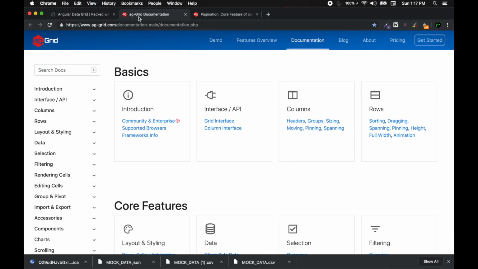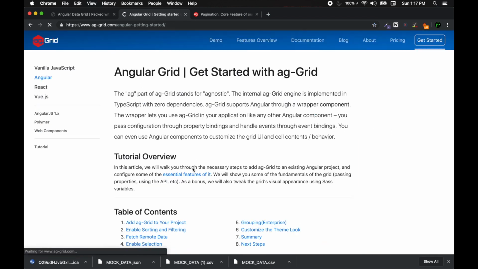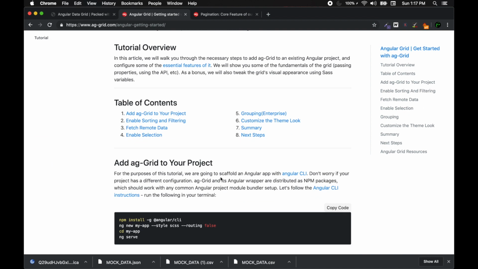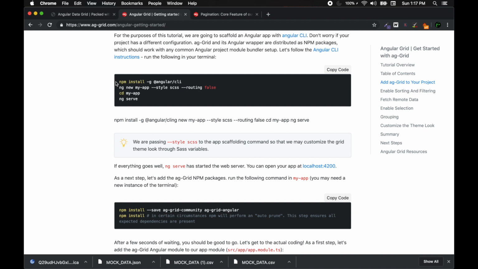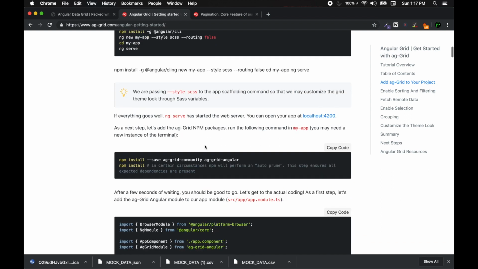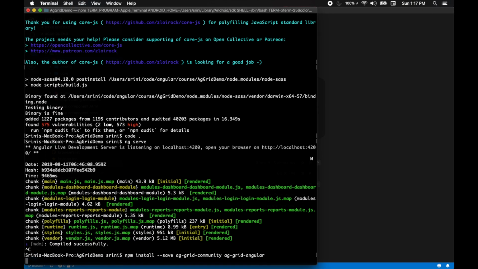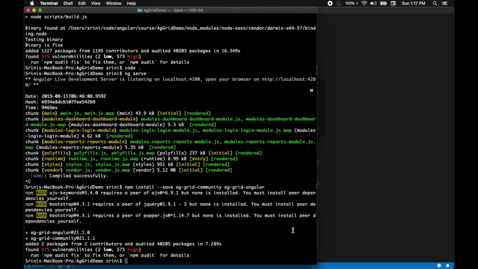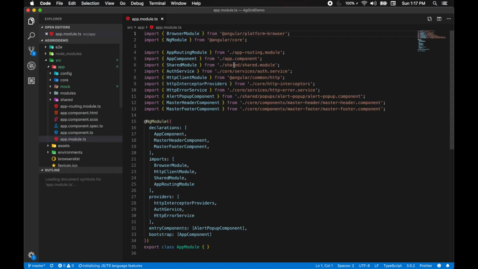So if you scroll through the document, in the introduction section, we have Angular getting started. So we're going to go through how to set up AgGrid for our project, which is quite simple. After our project is set up, we can go ahead and install our AgGrid community. So in our command prompt, we're just going to give it a go. Alright, so once that's done, now we will be using our editor Visual Studio Code to add the AgGrid into